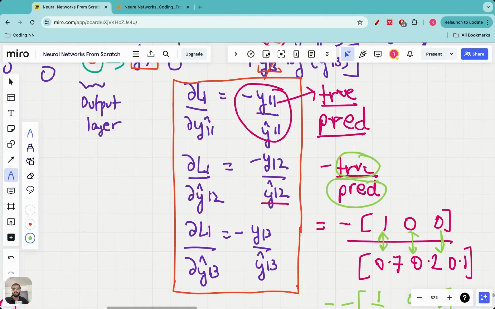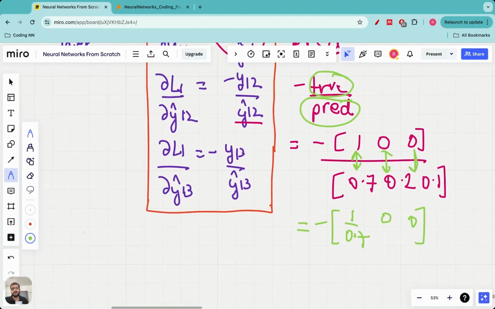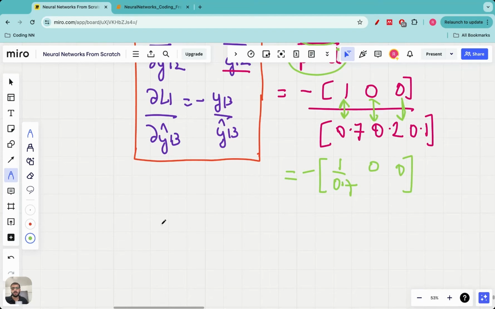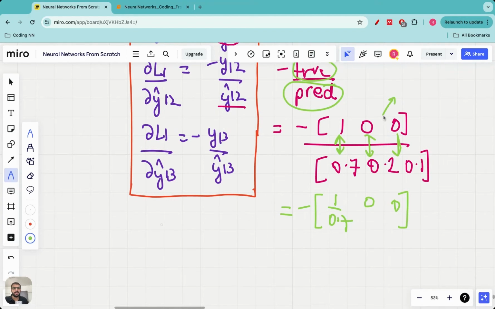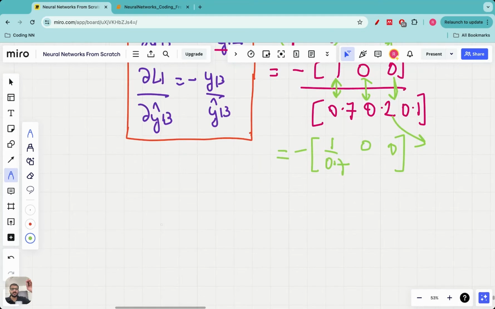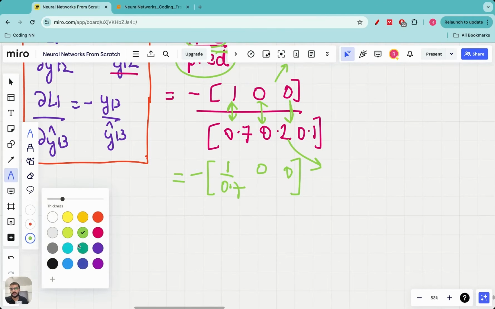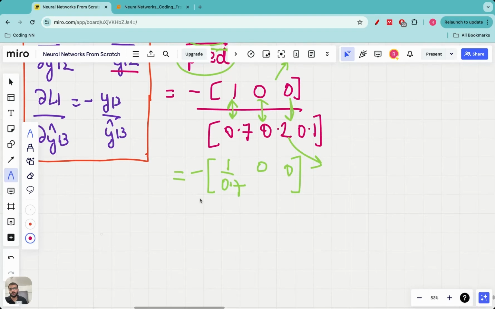Now I want to show you how to do this same thing if we have a batch of data. It's actually very simple. If you have a batch of data, then this term would be replaced with a matrix, and this term will also be replaced with a matrix. And then you will take the division of the first element of the first row with the first element of the second row, etc. So let me show you how that would actually look like. So if you have a batch of three input data,